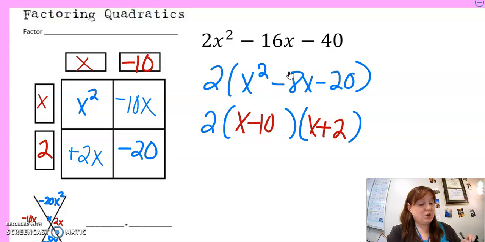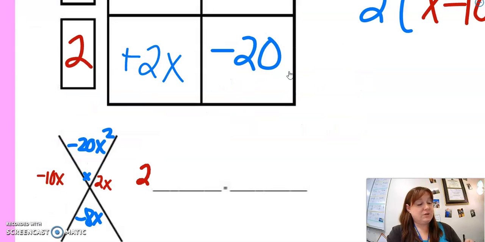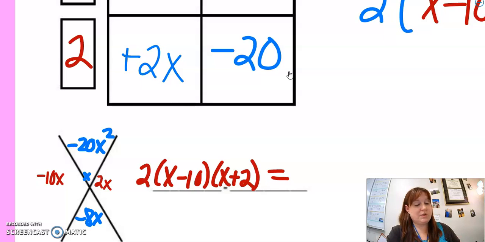Now remember that 2 didn't go away. So when I rewrite it, I need to make sure that I rewrite that. So I have 2 times x minus 10 times x plus 2. That equals our original function,